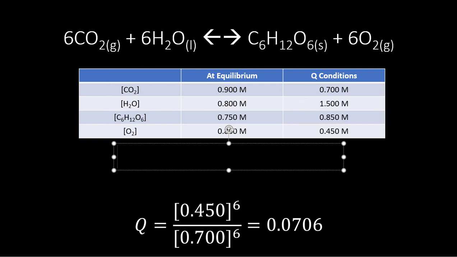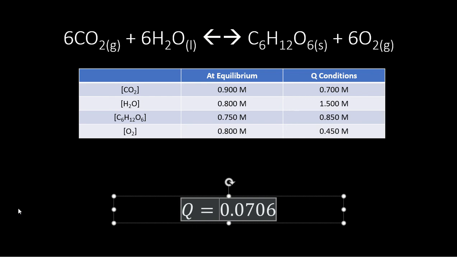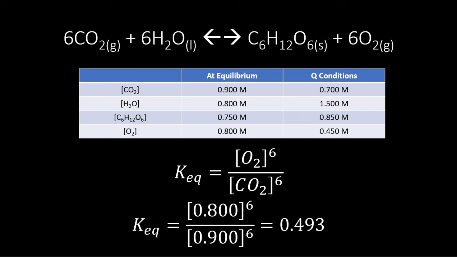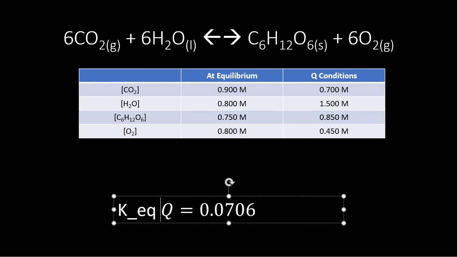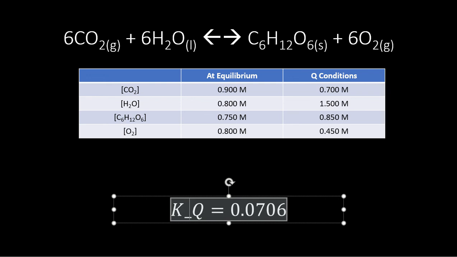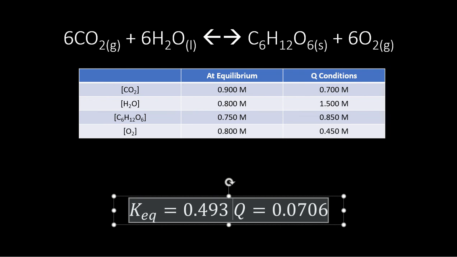So in order to solve this one, just compare the value of KEQ and the value of Q. Well, KEQ came out to be 0.493, and comparing that to the value of Q,